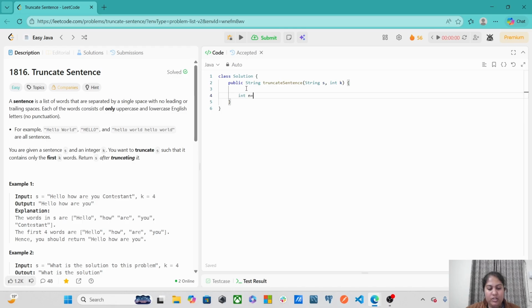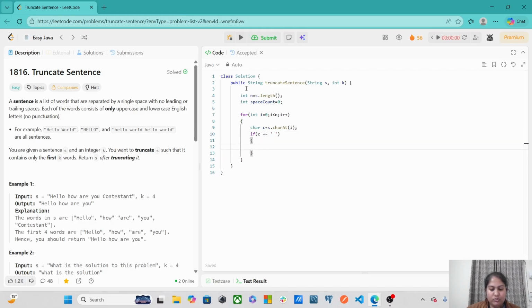Let's first take out the length of the string. Let's take out the variable space count and initialize it with 0. Now iterate through our string from 0 till length and take out each character one by one using s.charAt(i), and check whether the character c is equal to space or not.